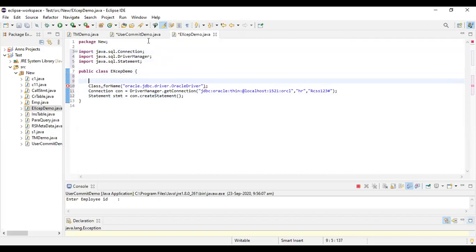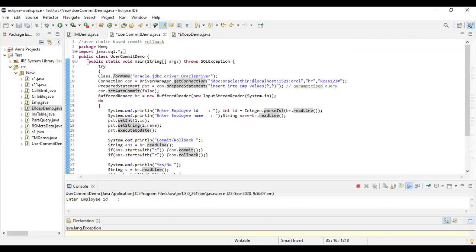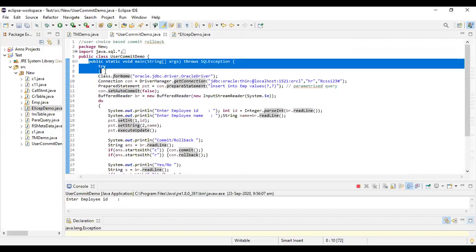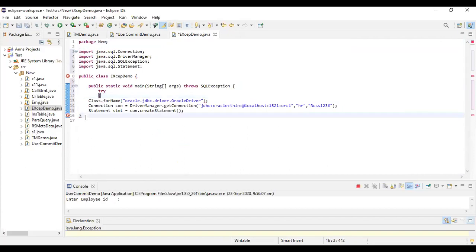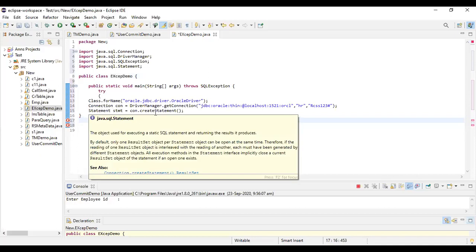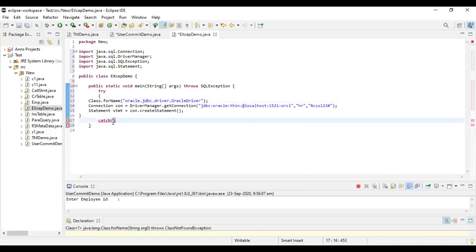I don't have a main. I can just copy paste a main also. Try, try catch. Okay, I'll just finish off an Exception catch. Now I'll go very specific.